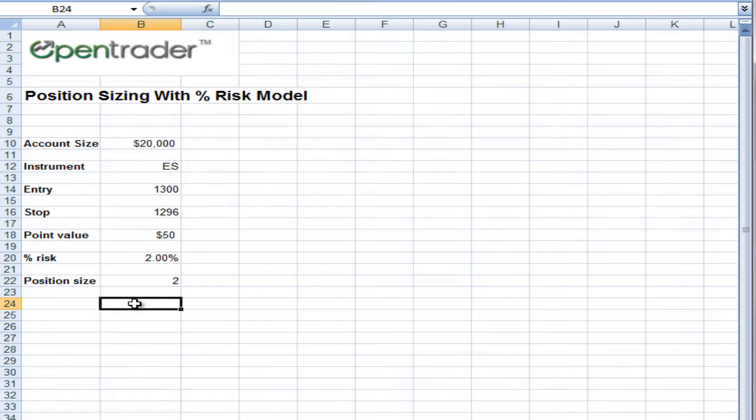It allows you to compare apples to apples across strategies, across trades, and it doesn't allow certain trades that just happen to have bigger stop sizes based on the market structure to carry more weight, which they shouldn't. It keeps them equal. But the second and more important benefit of using this percent risk model is that it